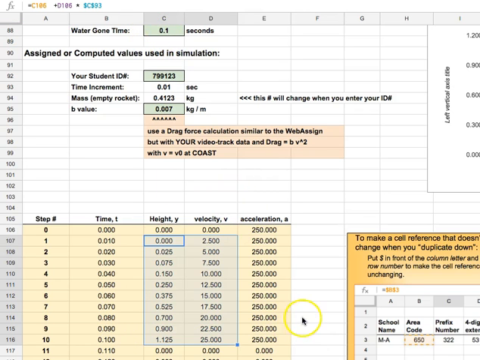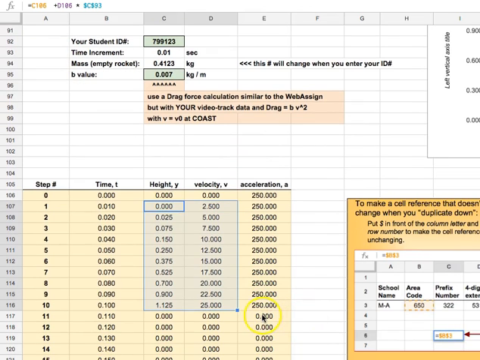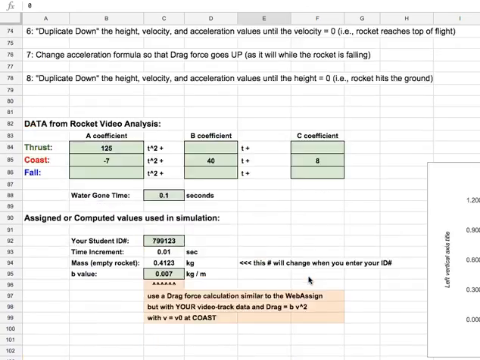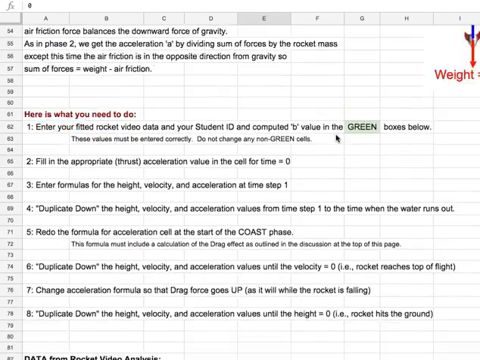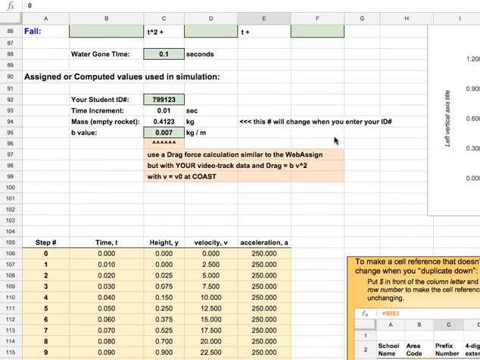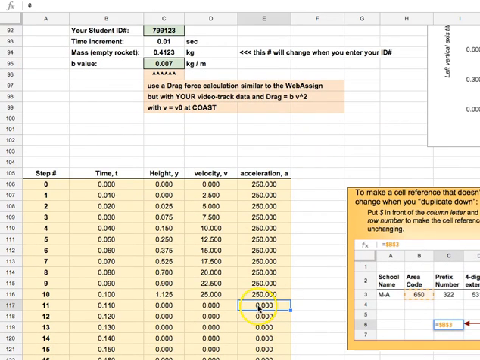Now we need to go to the more complex formula, and for that we need to figure out what the acceleration is here. And this is going to be the acceleration during the coasting phase. And if you recall, and if you don't recall, I'll just scroll back till we see it. During the coasting phase, it's going to be minus g minus bv squared over m. So let's put that in. So I come back down to here, and I'm going to say the acceleration is now going to equal minus g, so that'll be minus 9.8